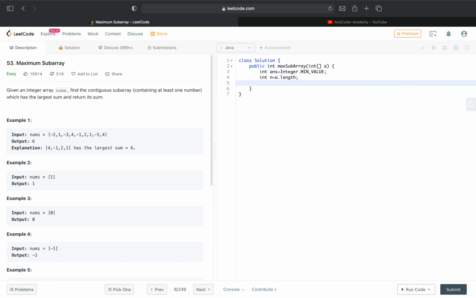Now what I will be doing again is I'll make a variable sum, and a loop with i less than or equal to n. This for loop is for specifying the size of the subarray that we are considering right now. So if i is 2, then we are taking all the subarrays of size 2.